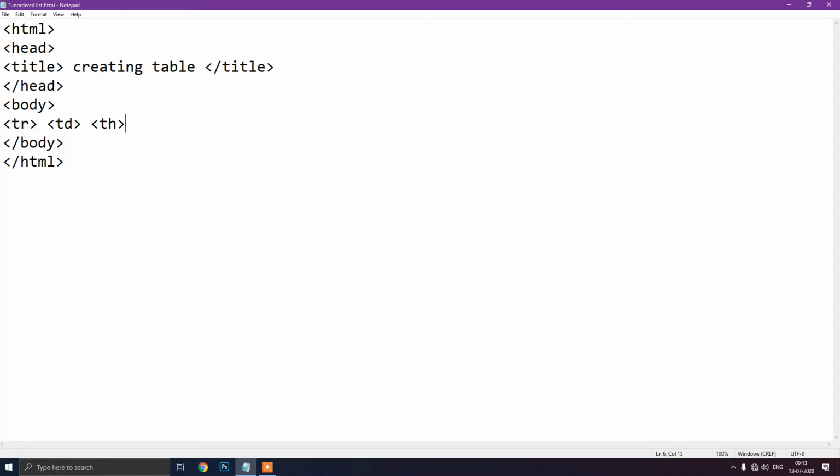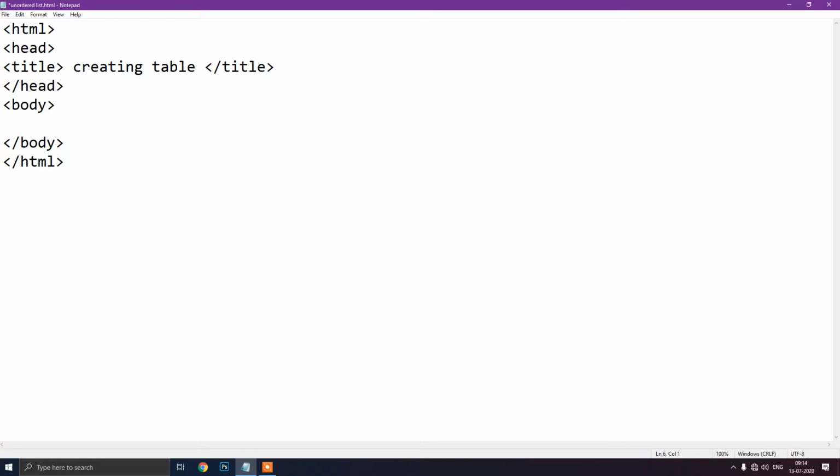Means first you will use the tr tag, then close that tr tag. Then for the second row again you have to use a tr tag, and for the third row again a new tr tag. So for creating rows we are using the tr tag. The td tag represents the individual cell values, whereas the th tag is used to give headings to your row and column. So we will now create a table using this coding.